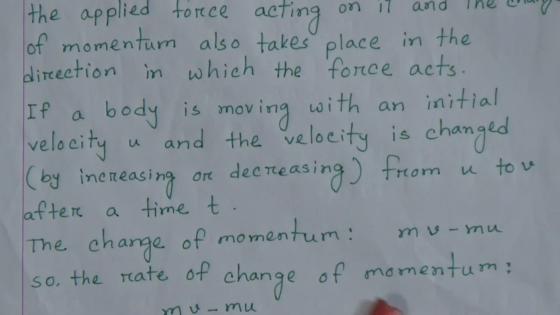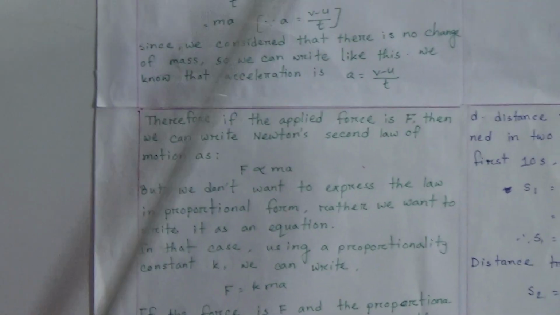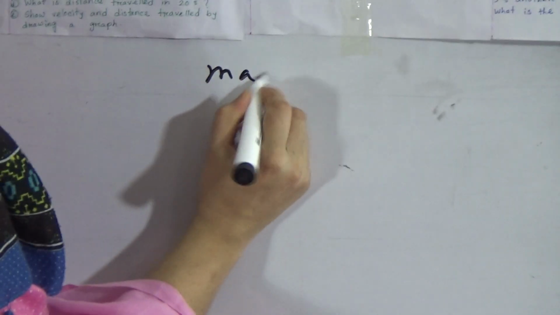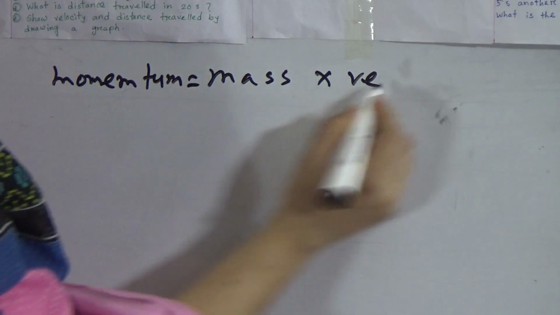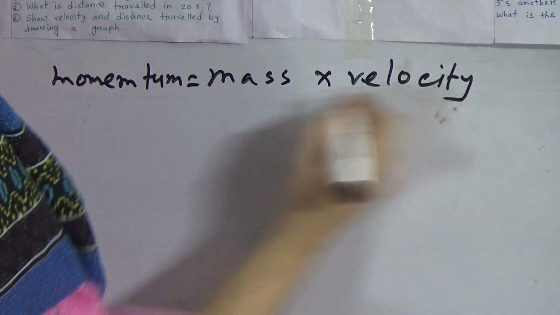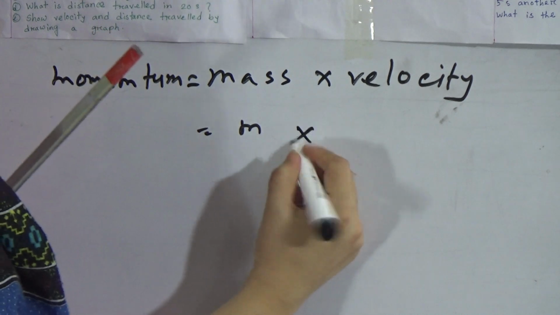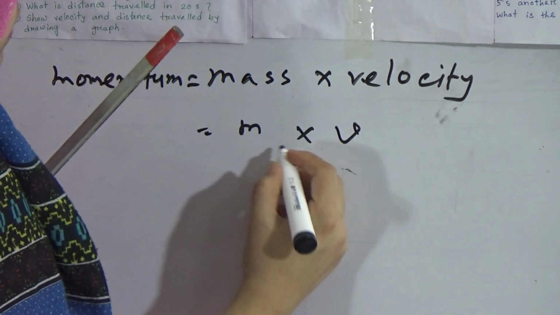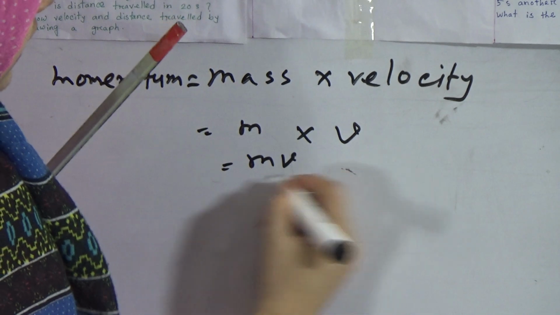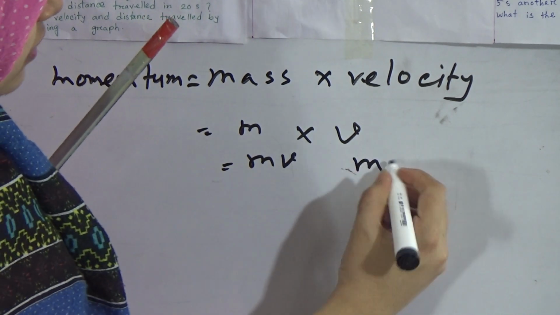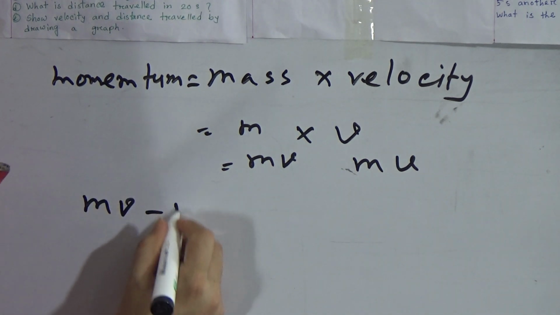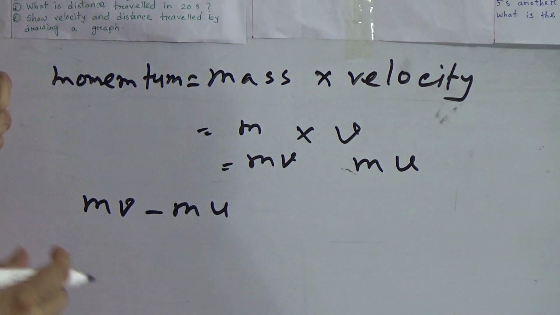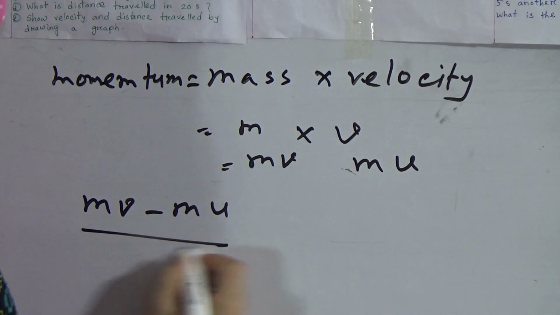Okay, the change of momentum. We know momentum means mass into velocity. So mass m into velocity, if the final velocity is v, then it will be mv, and if we write the initial velocity, then it will be mu. So the change of momentum means mv minus mu, and the rate of change of momentum is